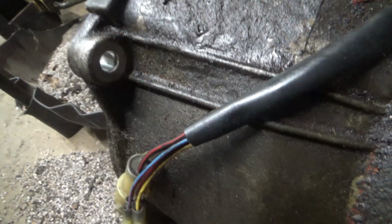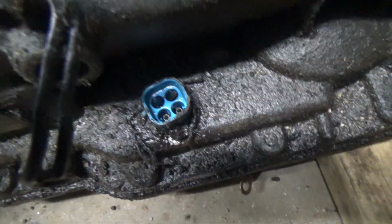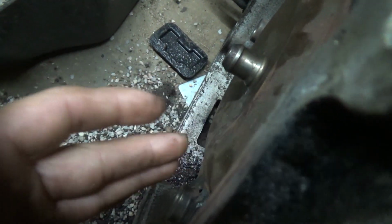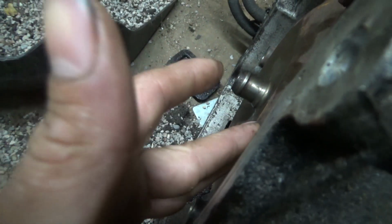I don't know how to explain it. It's basically for neutral safety, and there's some other stuff that runs into that switch down there. And that's for the TCC, the torque converter lockout. This torque converter has a lockout in it. So when you're doing above 45, 50, if you're holding at a steady speed, it'll lock the torque converter to keep you at that speed. Now there is no